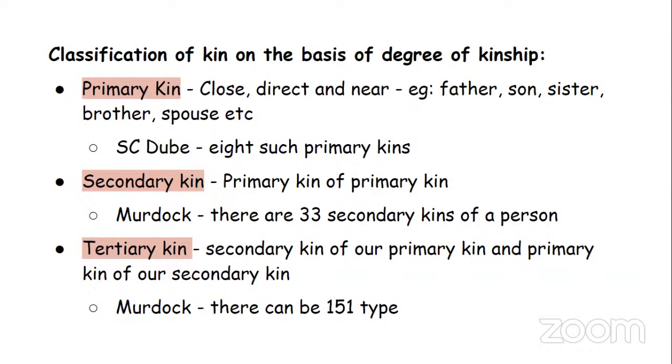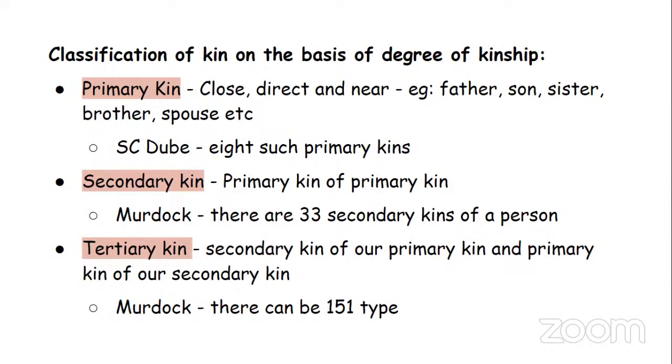For example, in my case, I don't have any siblings. I don't have any brother or sister. So my primary kins are my father and mother only. Like that, each one of us can find our primary kin, close, direct, and near. Some have their